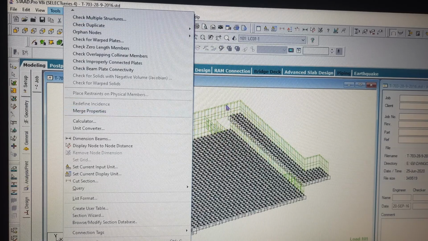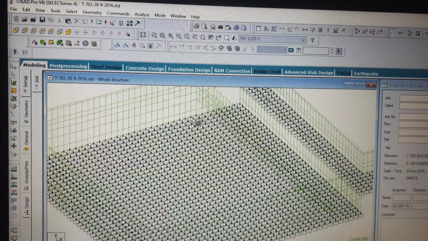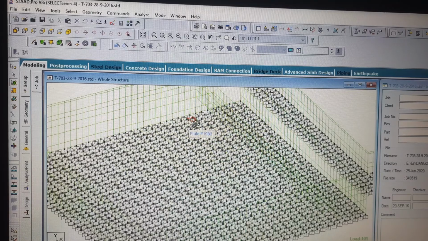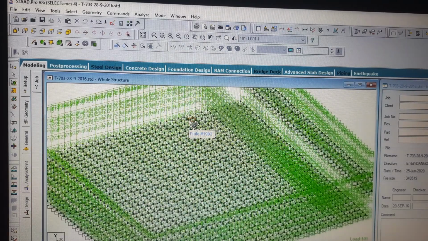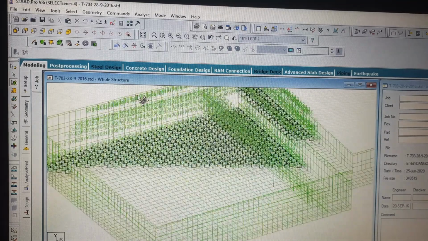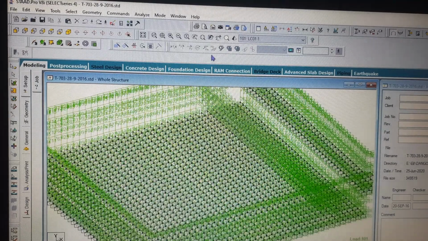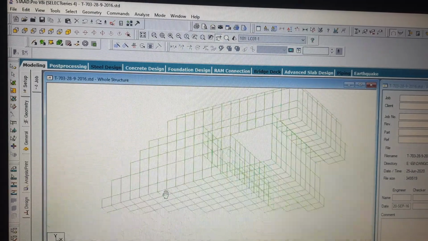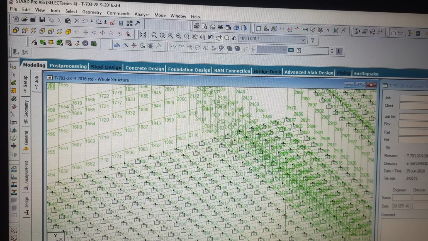Suppose you turn on the node button; the shortcut for turning on all your nodes is Shift N. If you press Shift N in your window, all the nodes will be shown. Say this is my node 1942 with coordinates 64.321, 14.8 and 10.